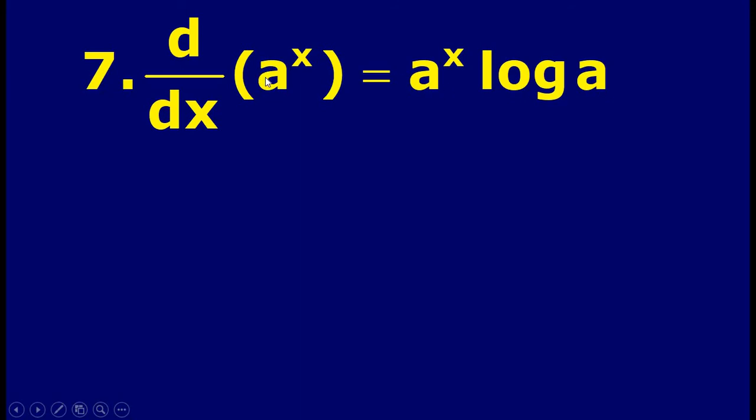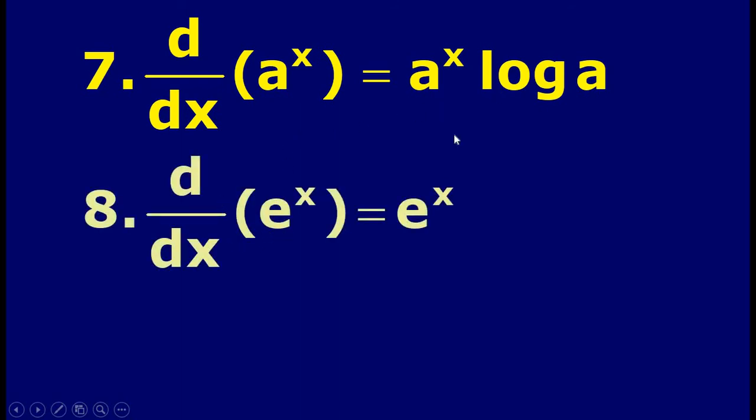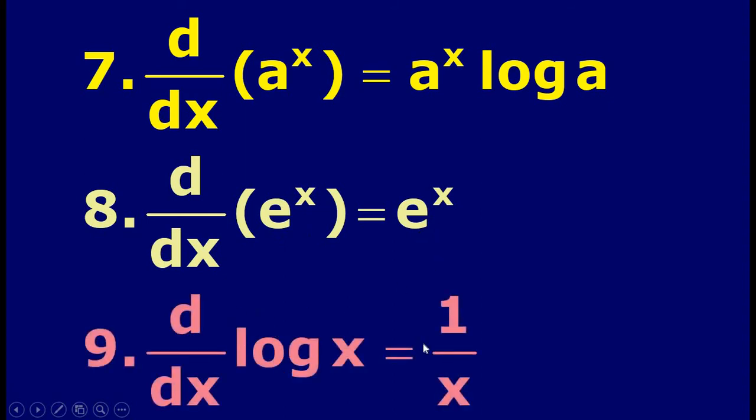So therefore when we differentiate e power x, we get e power x into log e. It is same as e power x. That is next formula, d by dx of e power x is e power x into log e base e. Log e base is 1. So therefore differentiation of e power x is e power x only. E is a constant. It is called as exponential constant. So we use same formula here, but log e base e is always equal to 1. So differentiation of e power x is e power x only. Next, differentiation of log x is 1 by x.